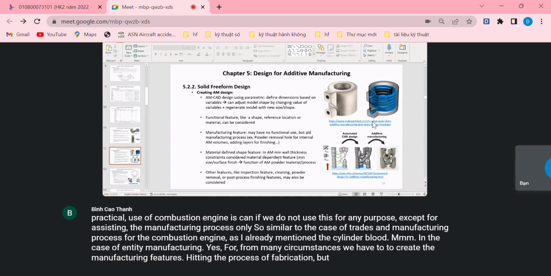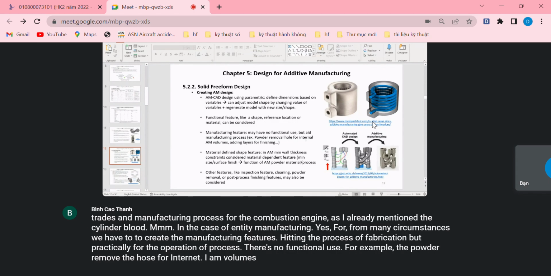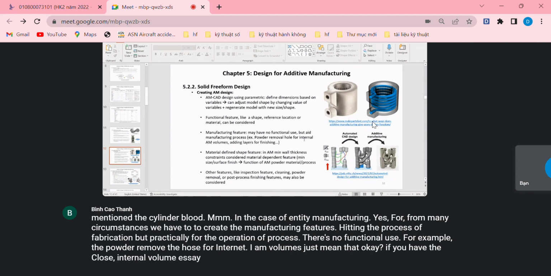But practically, for the operational process, there is no functional use. For example, the powder remover hole for internal AM volumes. So this means that, okay, if you have a closed internal volume,